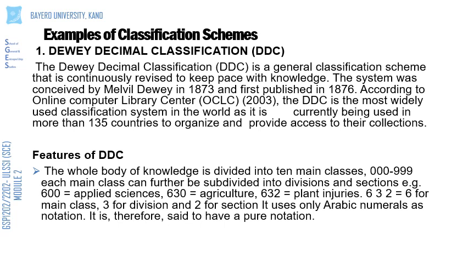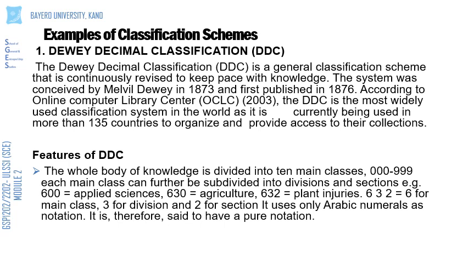An example of a classification scheme is the Dewey Decimal Classification, which is known as DDC. The Dewey Decimal Classification is a general classification scheme that is continuously revised to keep pace with knowledge. The system was conceived by Melvil Dewey in 1873 and first published in 1876. According to the Online Computer Library Center, OCLC, 2003, the DDC is the most widely used classification scheme in the world, as it is currently being used in more than 135 countries all over the world to organize and provide